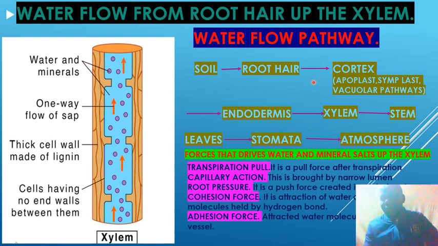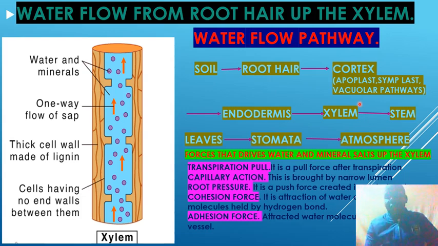The symplast. The symplast is the movement of water through the cytoplasm via the plasmodesmata. That's now the movement of the water from the xylem vessel to the phloem tissue. Then the third one, which is the vacuolar pathway, that is from the vacuoles. That is the movement of water from one vacuole to the other vacuole through a process